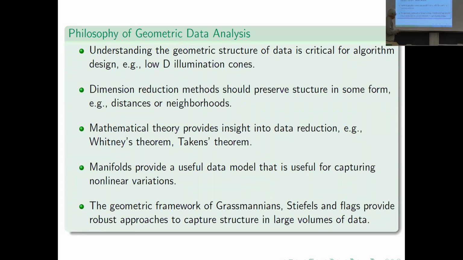In part, it's a good idea because it immediately gives us the ability to use manifolds. If I put together a set of data as a point, and I use a subspace approach, I start to ask all kinds of different questions about how I compare sets of data. So we're going to be following this geometric framework. In particular, we're going to look at Grassmannians and flags, and we're going to argue that these are really robust approaches to capture variations in state in data.